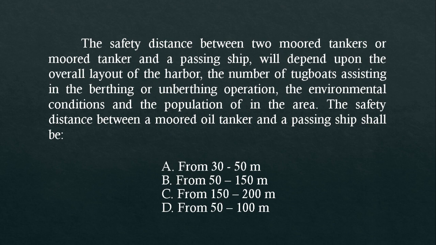The safety distance between two moored tankers or moored tanker and a passing ship will depend upon the overall layout of the harbor, the number of tugboats assisting in the berthing or unberthing operation, the environmental conditions and the population in the area. The safety distance between a moored oil tanker and a passing ship shall be